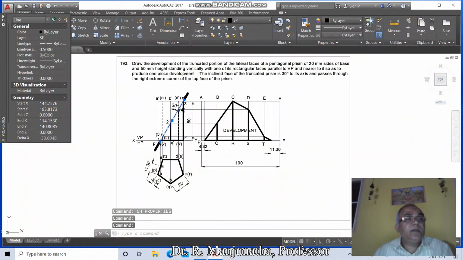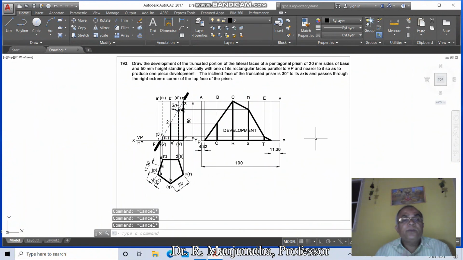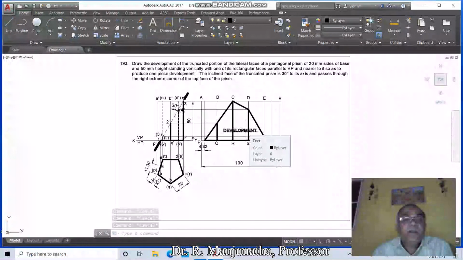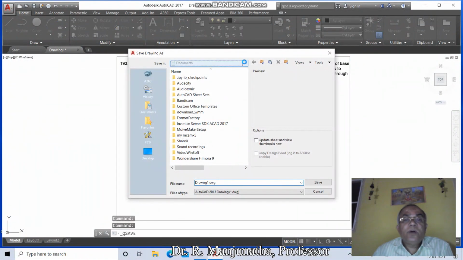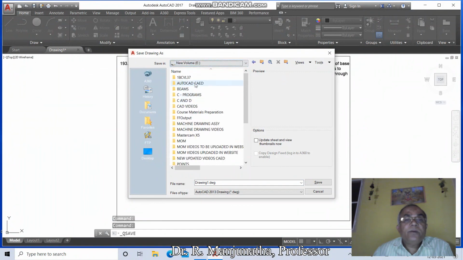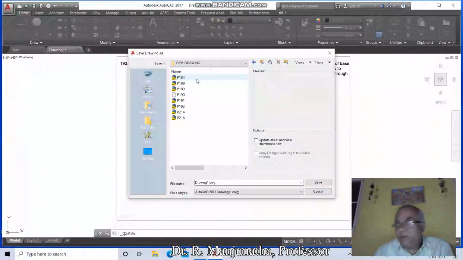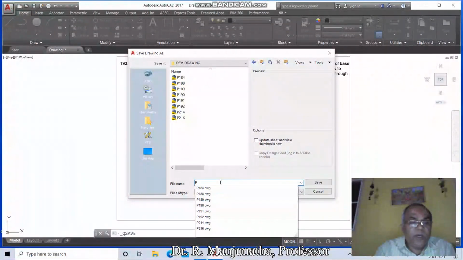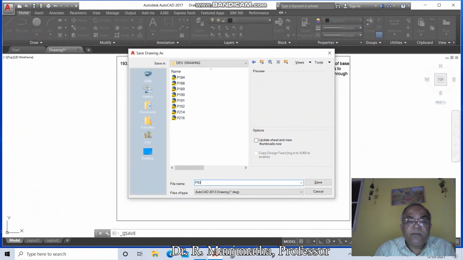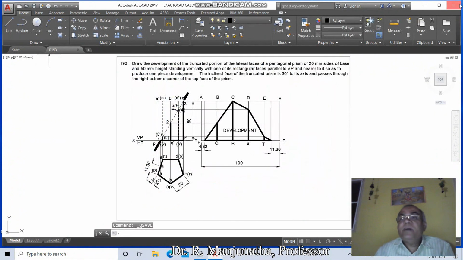So then escape. Once you do that, now we go for the saving. Go to save, go to appropriate drive, go to AutoCAD, go to development drawing, type P 193 and save it. And finally you exit the